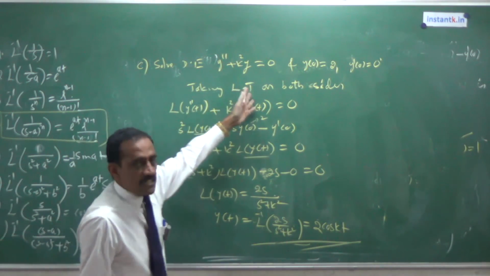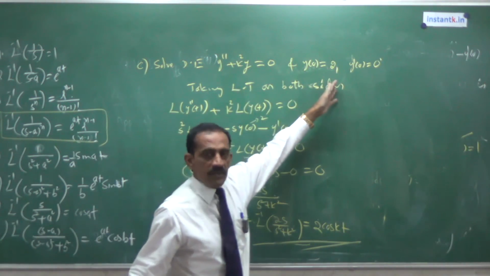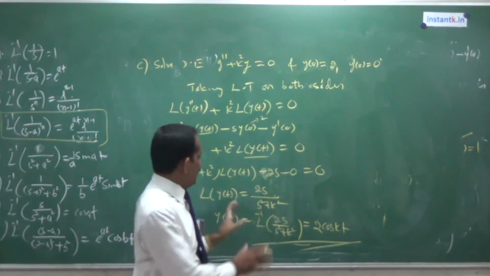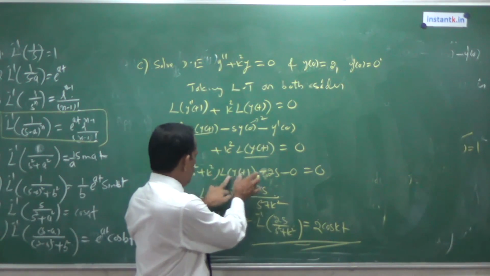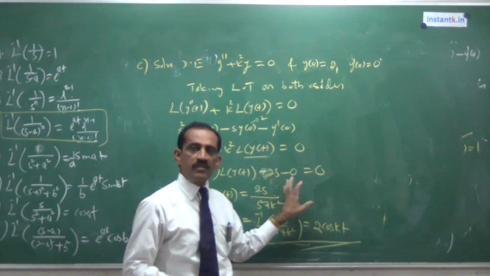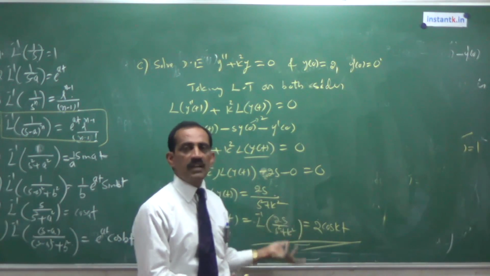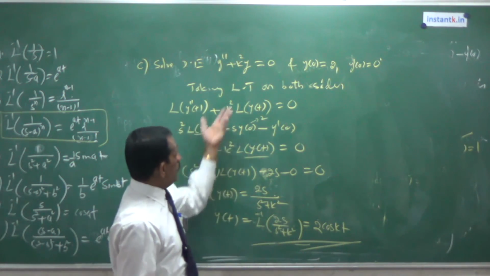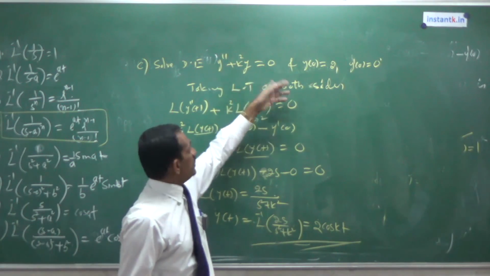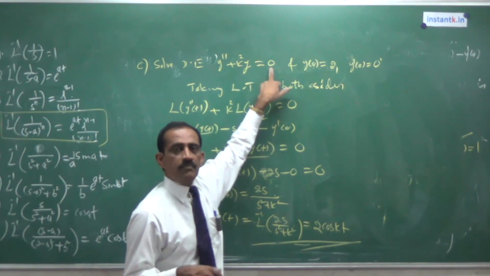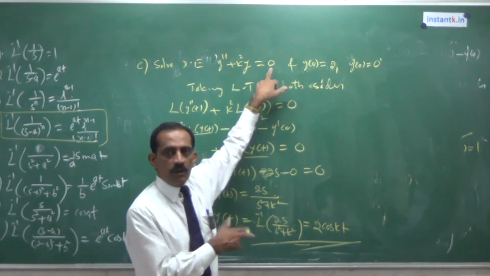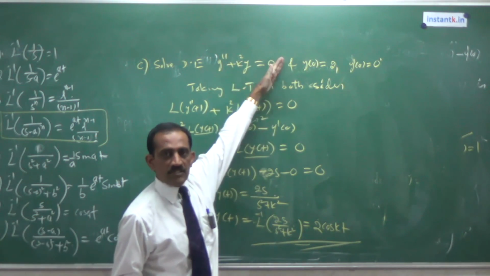So take the Laplace transform. Initial conditions will be given. Substitute. We get the Laplace transform of y of t as a function of s. Find the inverse of this. We have to give the solution. Very simple. Only the change is what they ask in the question. The right hand side may be some function, let it be e power 2t, e power t. In that case, write the Laplace transform of that function also.